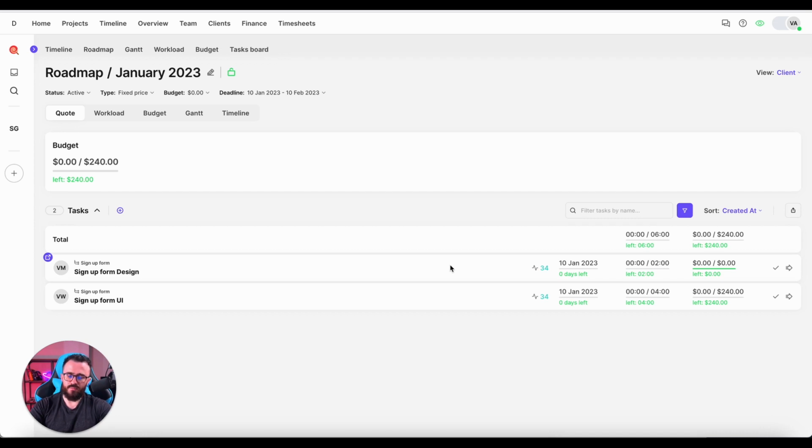But if you're in a fixed price mode, it doesn't matter if you track 2, 3 hours, 5, 6. If the task is estimated at 4, when you complete it, the client will see always 4. If you're not completed, the client will see always 0, no matter whether you tracked 10 hours but you don't mark it as completed. So it simply helps better communication between you and the client to avoid any adverse scenarios